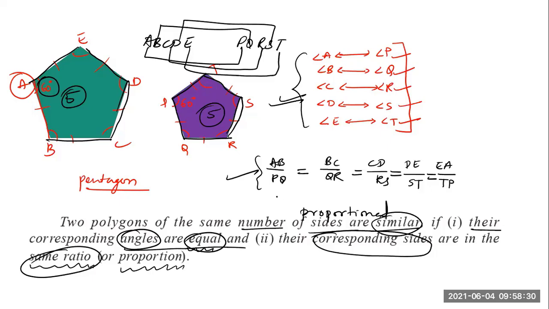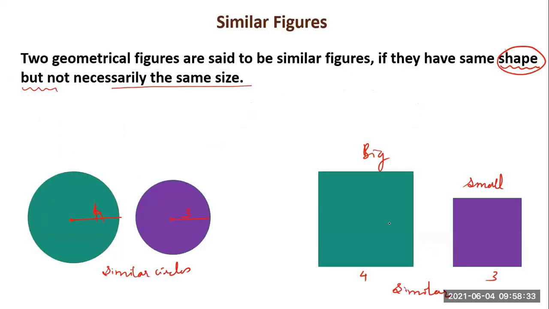Suppose here, check the square. Square in the sense the angles are equal, obviously 90 degrees, 90 degrees, all the angles are correct. So angles are equal. Now here, if the angles are equal, then what about the sides? The sides are also equal, sir? Sides are not equal, sir. Not equal in the sense they are in the same ratio. Sides should not be equal. Sides should be in the same ratio.